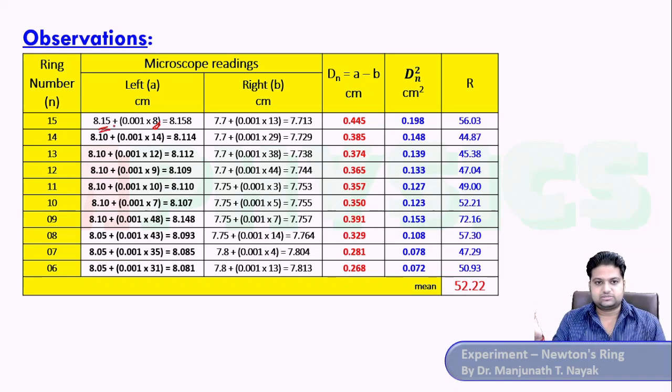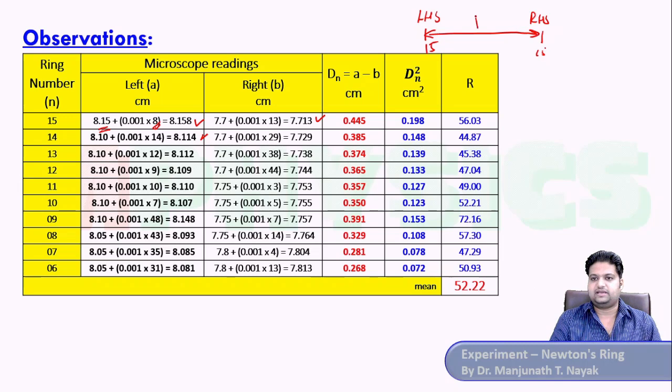You are all second year BSc students. By now you should know how to calculate this. So this is the final reading that we get for every alternate ring, and so on. So just subtract them and you get the diameter. Just subtract the left hand side and right hand side readings. If I subtract the 15th ring readings, obviously what I'll get is the diameter of the 15th ring. If I subtract the 14th ring readings, obviously I'll get the diameter of the 14th ring,